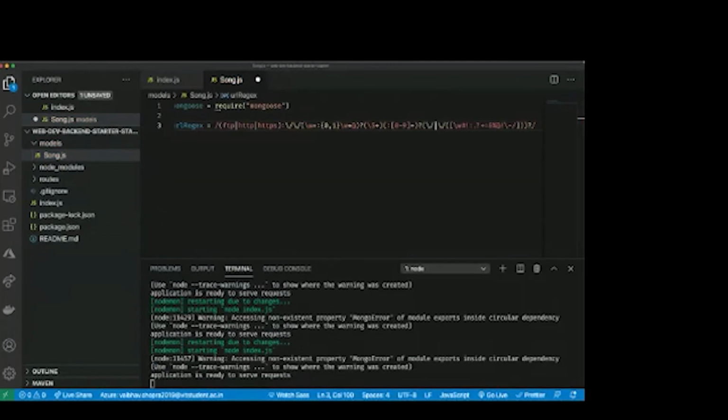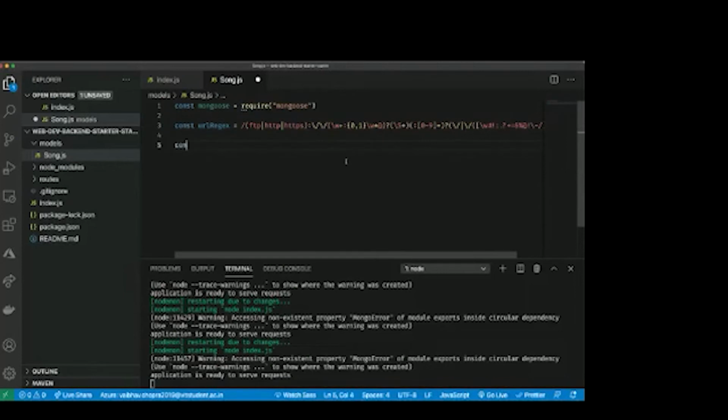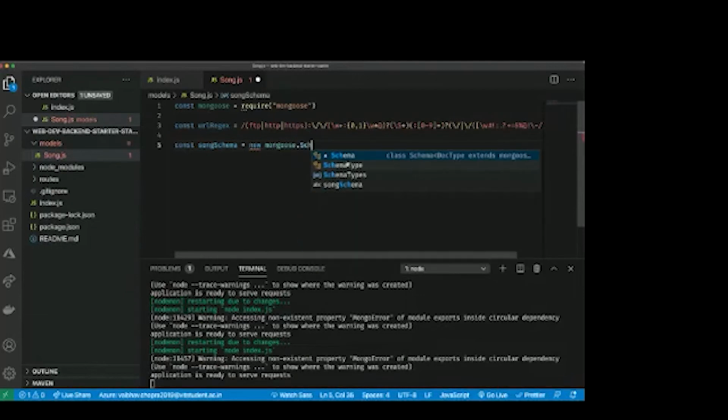This is basically a regular expression. I'm pretty sure that it was taught to me as a fresher in VIT Vellore. But if you don't know, I'll give you a brief walkthrough about what it means. But for now, you can go ahead and paste that. Const song schema. This is the other variable that we will be creating today. The new operator is basically used to initialize a class object. Like if you have ever done object oriented programming languages like C++ or Java, you would know what the new operator does.